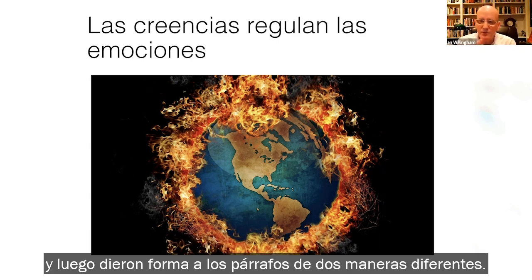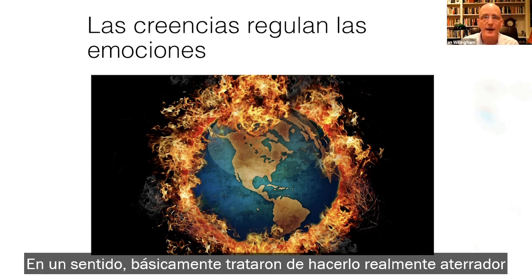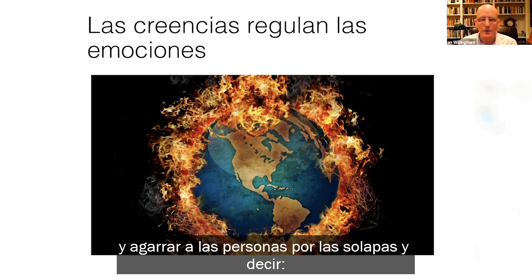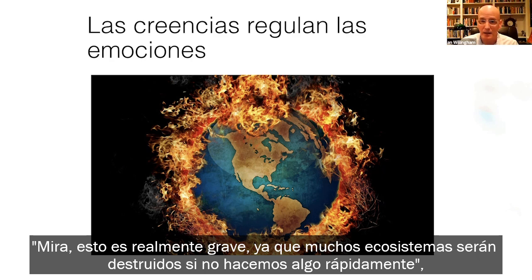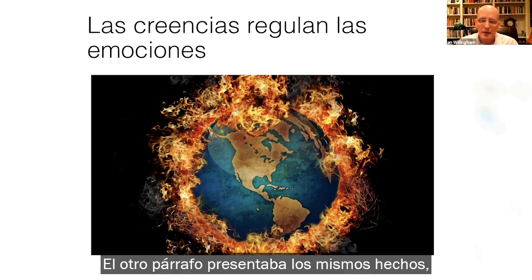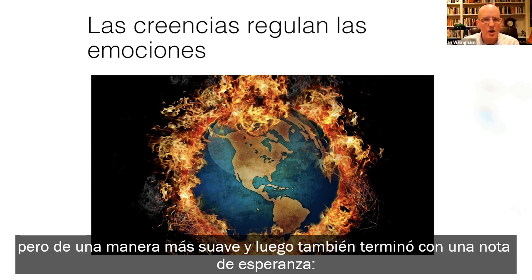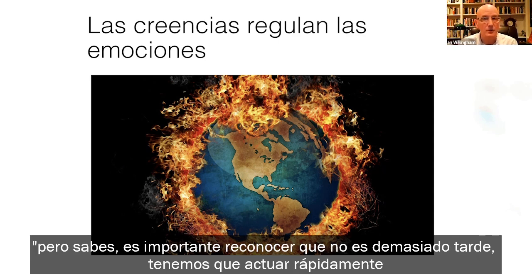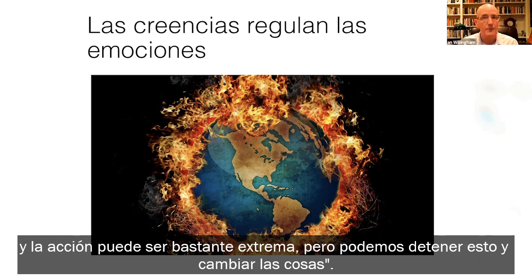and then shaped the paragraphs in two different ways. In one way, they basically tried to make it really frightening and grab people by the lapels and say, look, this is really serious. A lot of ecosystems are going to be destroyed if we don't do something quickly, basically suggesting that the situation was quite grim and things were pretty far gone. The other paragraph presented the same facts, but in a softer way, and then also ended on a hopeful note and said, but it's important to recognize it's not too late. We need to take action quickly, and the action may be fairly extreme, but we absolutely can arrest this and